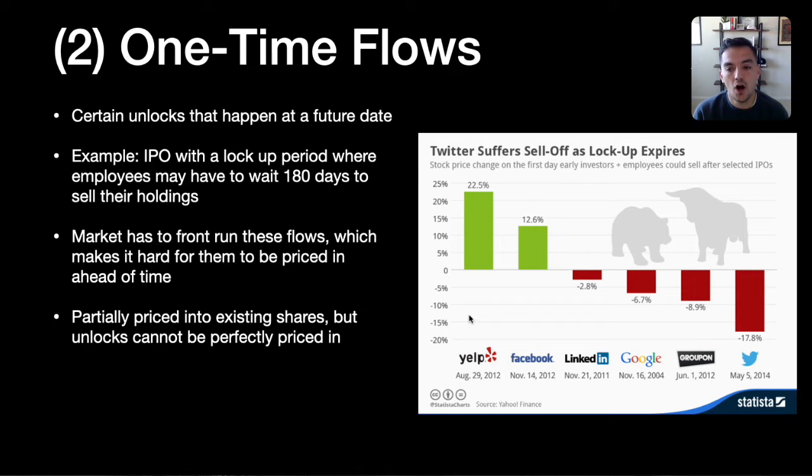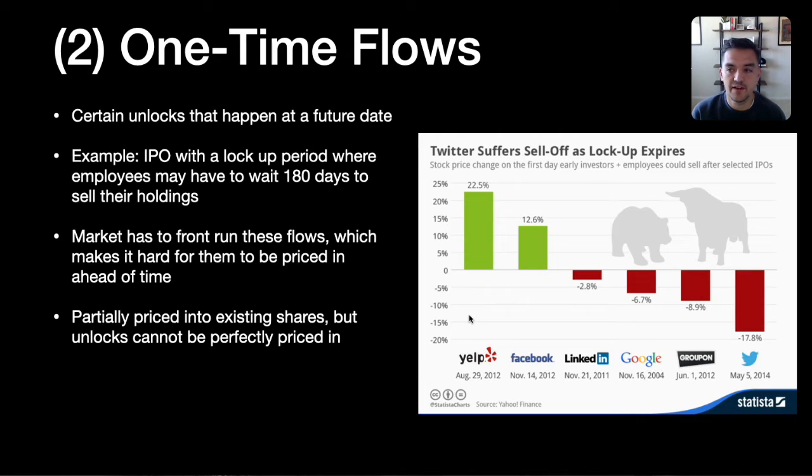So often what happens is that they're partially priced in, and then once the unlock happens, the stock either goes up or down and reacts, and then the market reacts accordingly until we hit a new equilibrium. But it's really hard to know exactly what's going to happen ahead of the unlock because you don't really know how many employees are going to sell their shares, how much additional equity is going to hit the market, and what that's going to do to the overall supply and demand dynamics. So you can see here in this graph, there's a number of past IPOs and what happened to the shares after a lockup period.